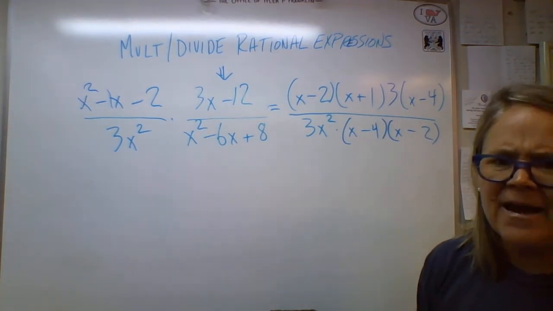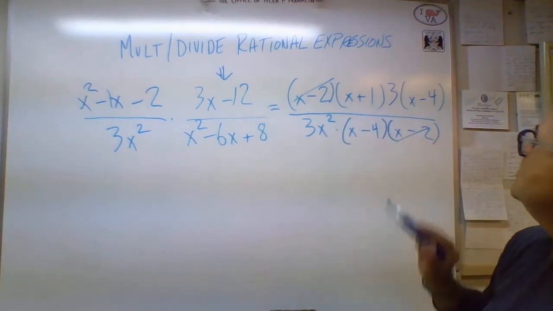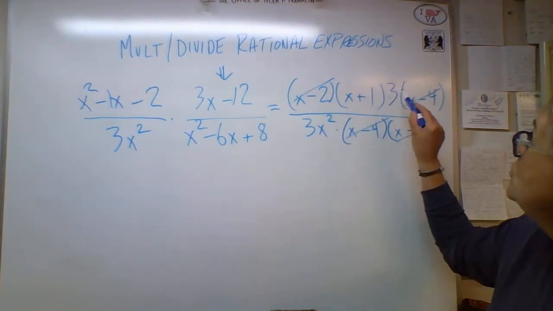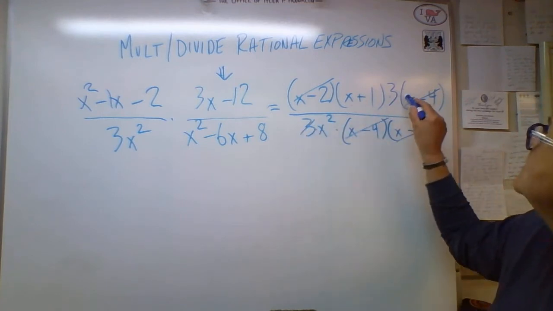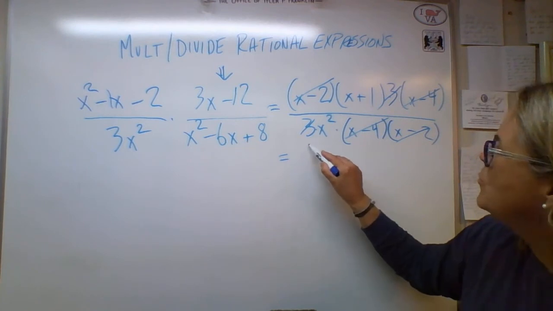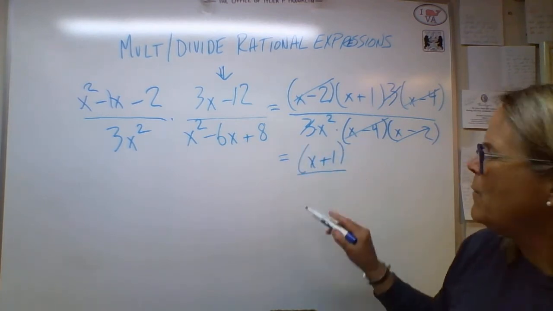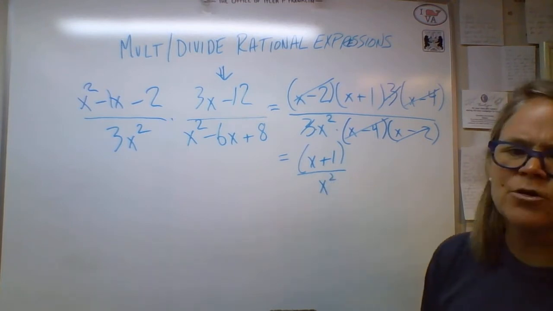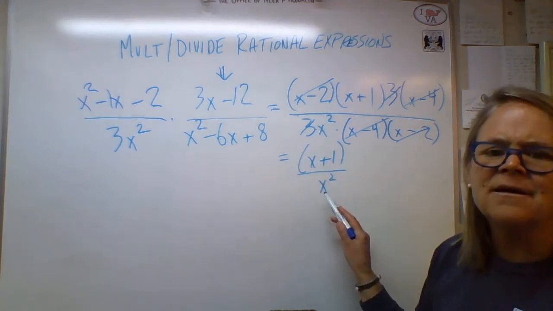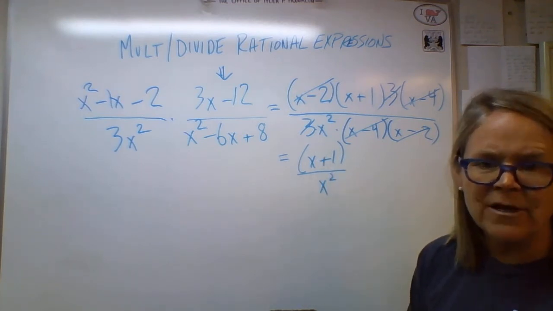Now, is there anything that's common? You have an x minus 2, you have an x minus 4, and you do have a 3 being multiplied. So what's left on the top? X plus 1. What's left on the bottom? X squared. You can't cross out that x with that because that's being added to 1. The only way you could cross